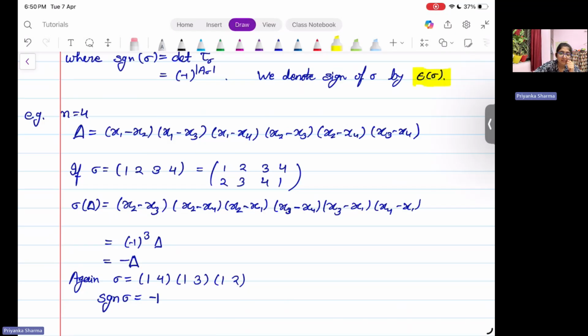This one will be sigma of 1, this 2 will be sigma of 2, that is x1 will be now x2 and x2 will be now x3. So we can write the form of sigma delta, where we have these 6 factors. So this will be minus 1 cube delta, which are coming from